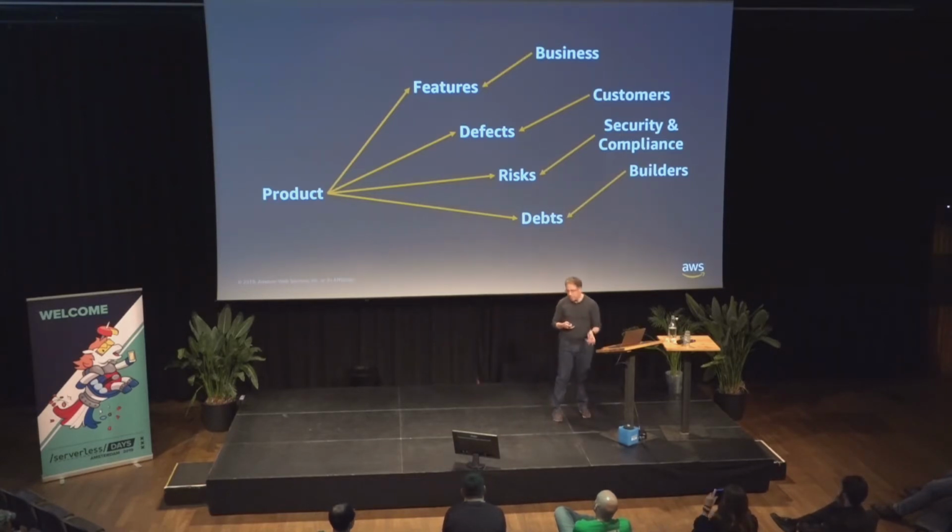So the business is telling which new features we need to add. The customers, of course, are telling us if there is a bug, if there's something that we need to solve. Security and compliance can show you where there is some risk that needs to be mitigated, especially with security. And the development team, the architects, are the builders that normally tell you, hey, we need to take some time to do some refactoring, otherwise we will not be able to keep the speed because the code base is not going in the right direction.